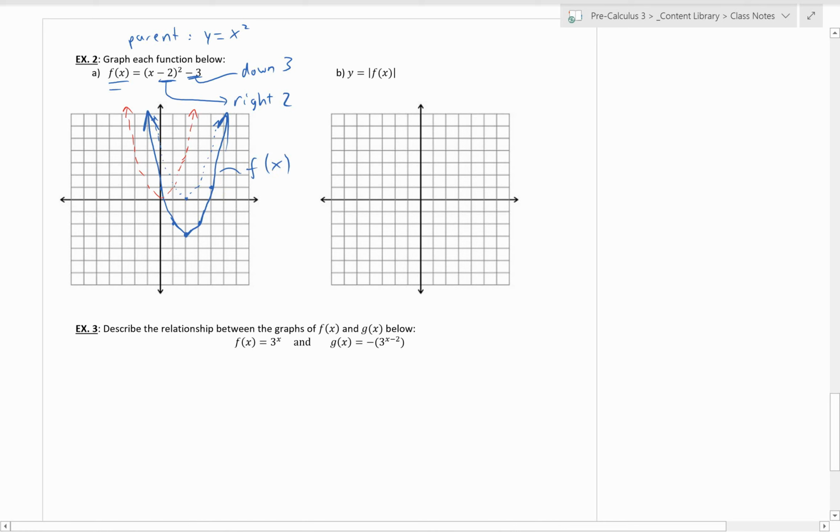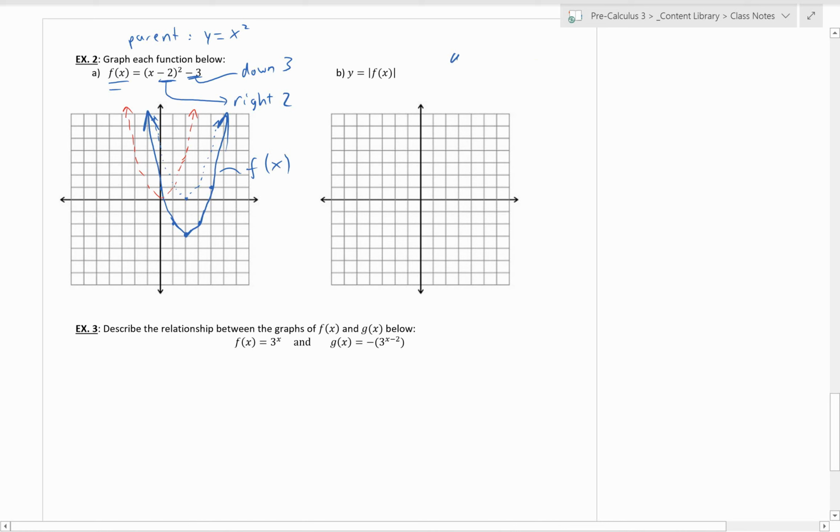Now in B, they kind of do a fun little twist on us here. They say, well, graph the absolute value of f of x. And this is something totally new probably for most of you. But you understand the concept that absolute value means take negative values and make them positive, right? It's kind of a piecewise function. We're going to talk about that in the next section, piecewise functions. So if,